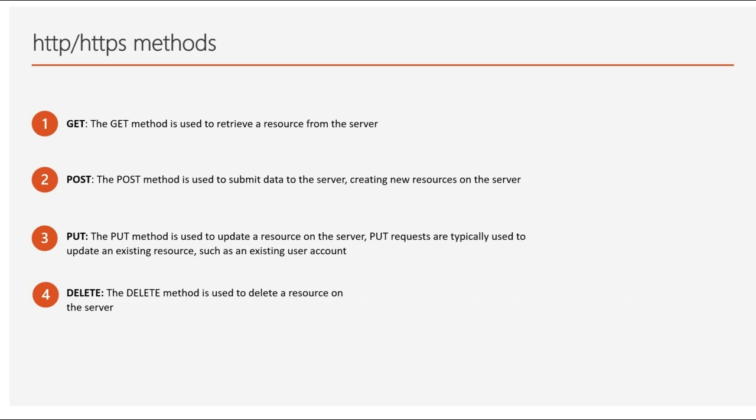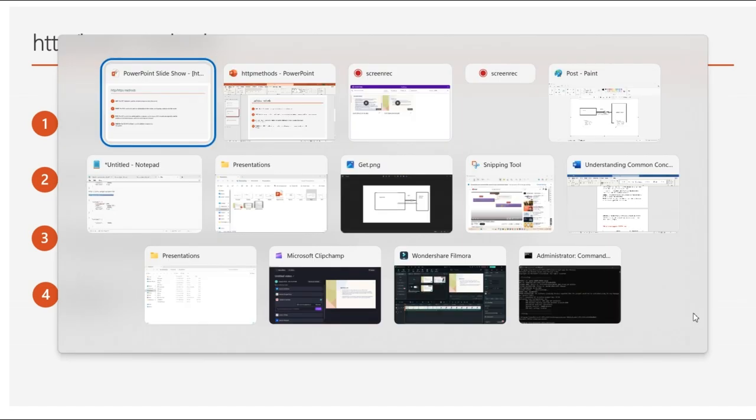So when will this GET method be used, okay? The GET method is used to retrieve a resource from the server. Suppose when you apply a GET method, okay, the server will give the data back. While applying the GET method, definitely we need an ID to identify the record on the server. So for example,